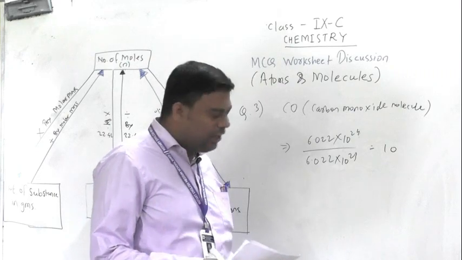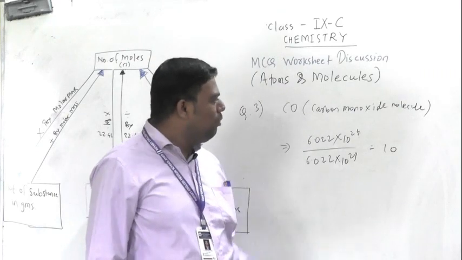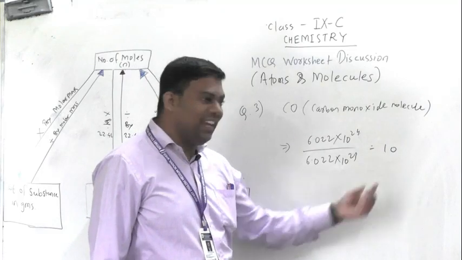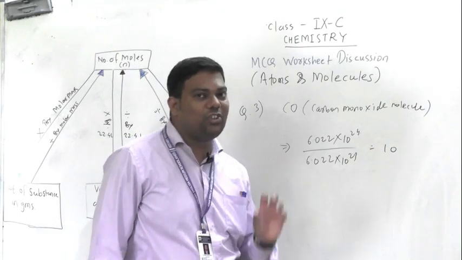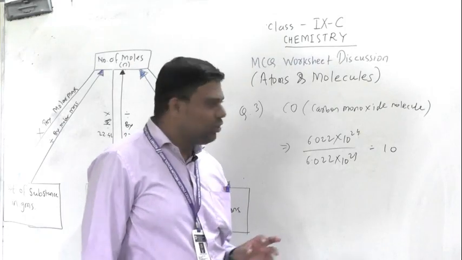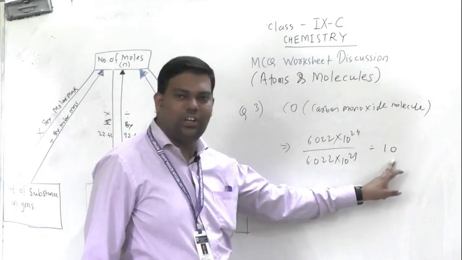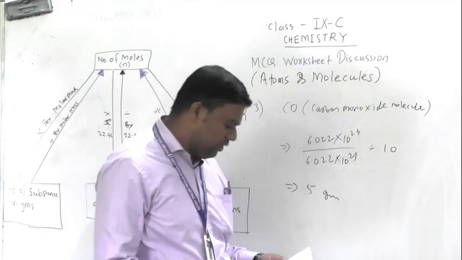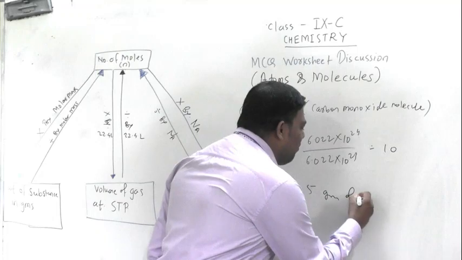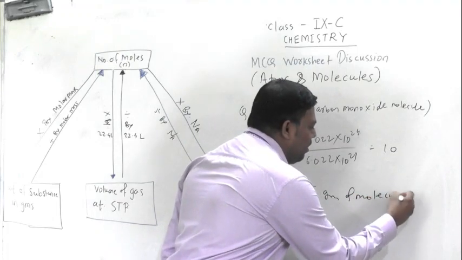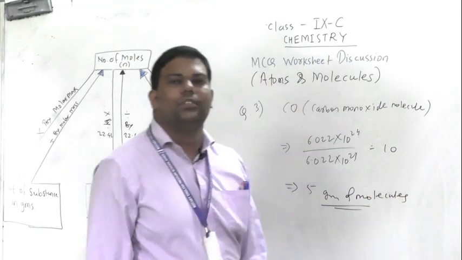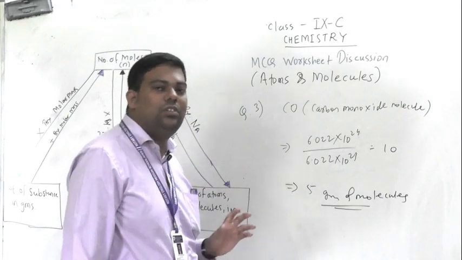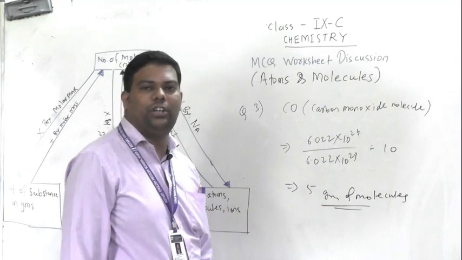So they want the number of gram molecules of oxygen. Okay, so here in carbon monoxide, how much is oxygen? 1. Okay, so here 10 divided by... always we are thinking for oxygen means O2, so for 1 oxygen atom here, it is 10 by 2. So how much is your answer? 5 gram molecules. Understood? That is your answer. So carefully see whatever your question is, think and answer and proceed further.